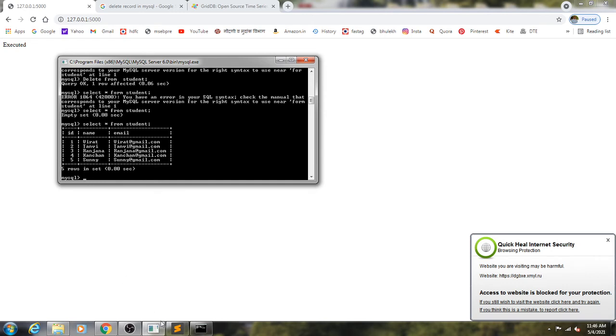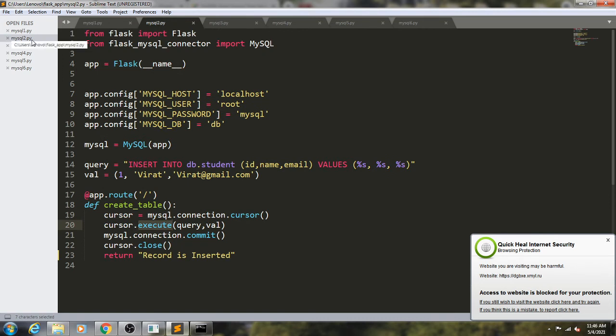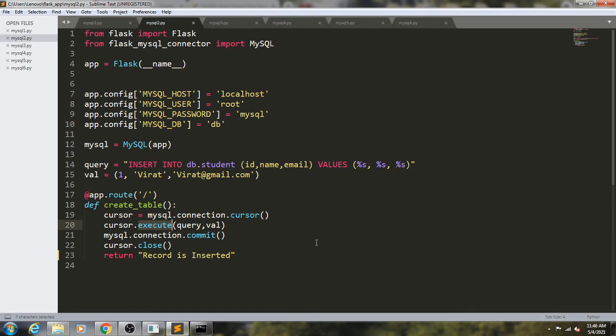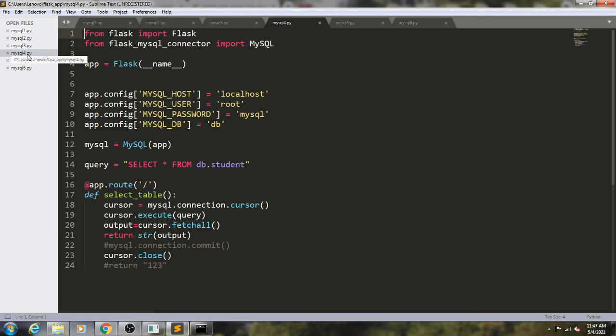Like this, you can insert a single record through the script, or you can enter more than one record through the script. The only difference is, when we enter a single record, use execute. When we want to enter more than one record, you have to give execute many. Okay, so with this we can insert the records in the database.